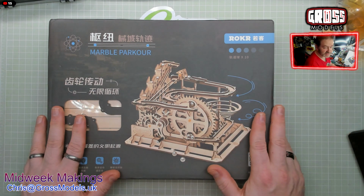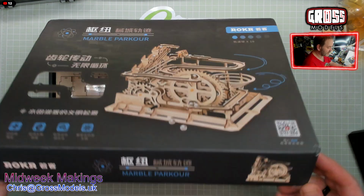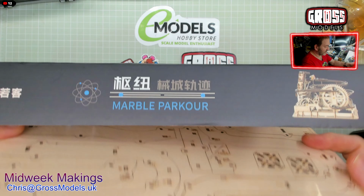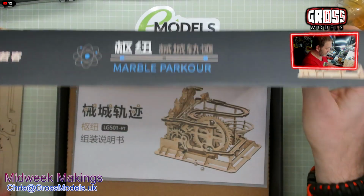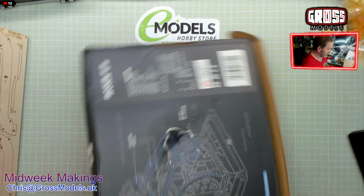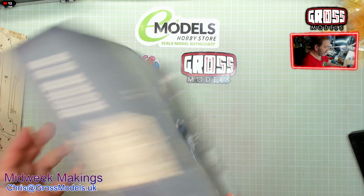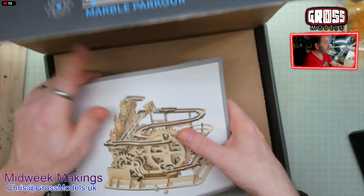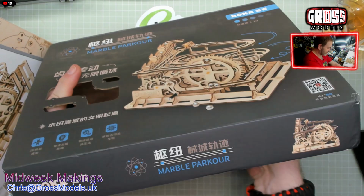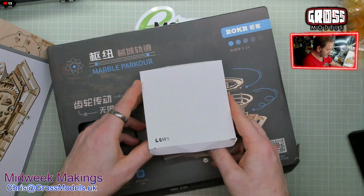Now, the problem with building this is that it's the Chinese version. I have had a look inside the packet. As with all of these, you get a bundle of wood, which is covered in plastic, which I shall open momentarily. You also get, with this one, a slightly broken-in-transit box, which has messed up the big picture on the back, which doesn't tell me anything at all because I don't understand the figures. But we get the instruction manual, which I shall come back to. You get the little card about scanning things, and you get another little box, which is right over the bit that got broken in transit. Although the box itself is broken,